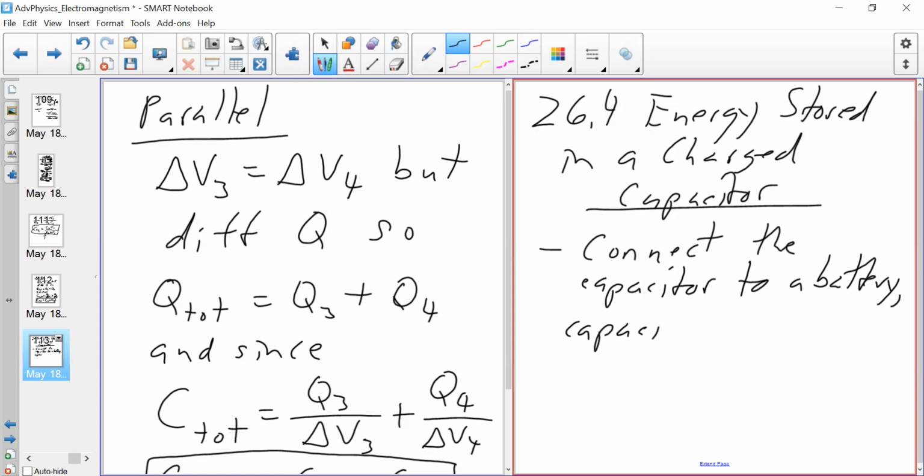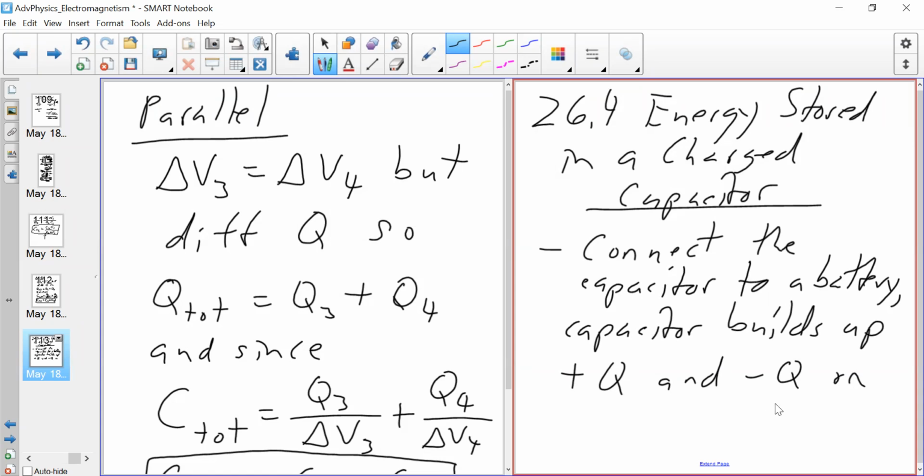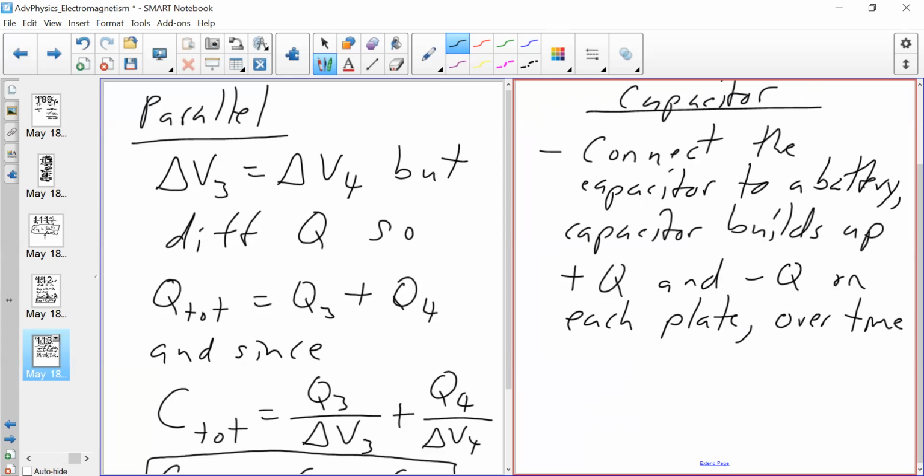The capacitor builds up positive Q and negative Q through attraction to each terminal on each plate. Over time, as the charge builds up,